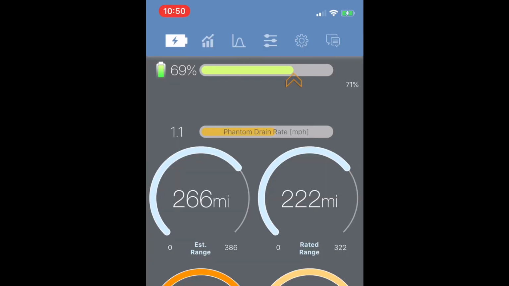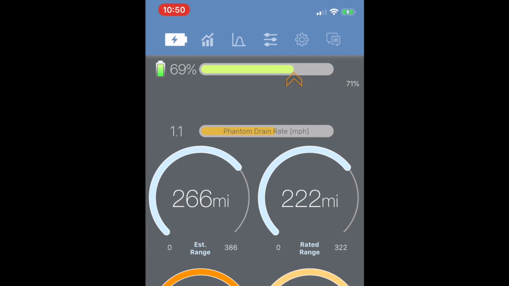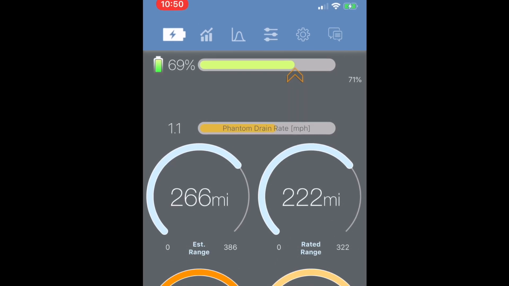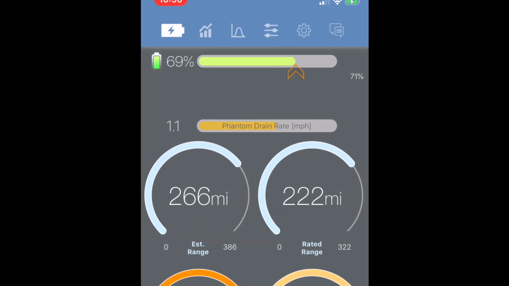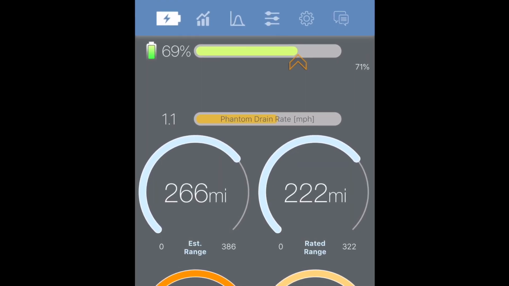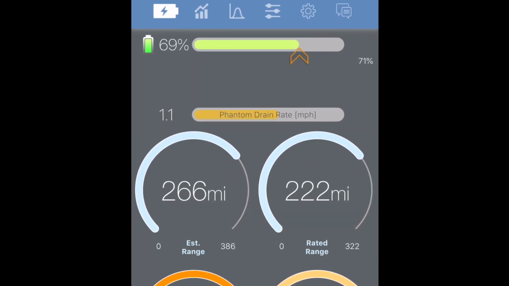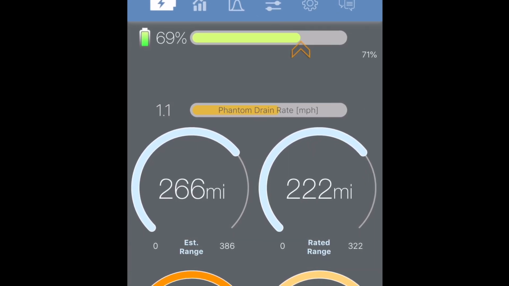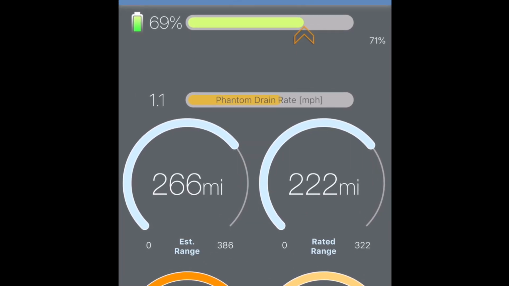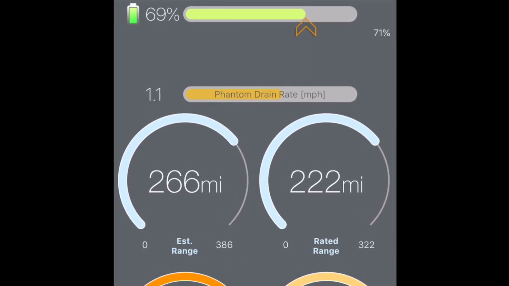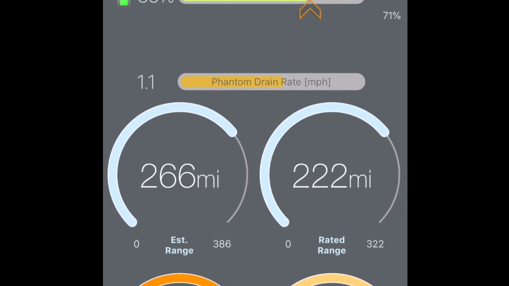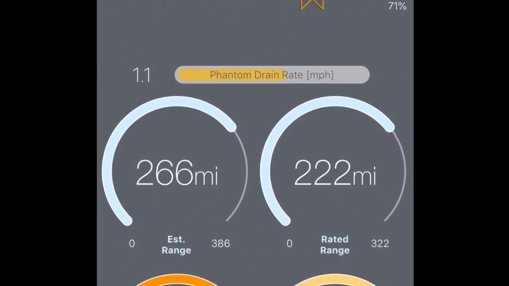All right, so you've got the estimated range and the rated range. What's the difference between those two? Oh, I should have explained that. So rated range is what Tesla expects you to get given the state of charge that you have. If you have 50%, they expect you to go for 150 miles, for example. But that's typical, with quotation marks, as Tesla considers typical. If you live in an area that is much, much colder or much, much hotter, you may get less than